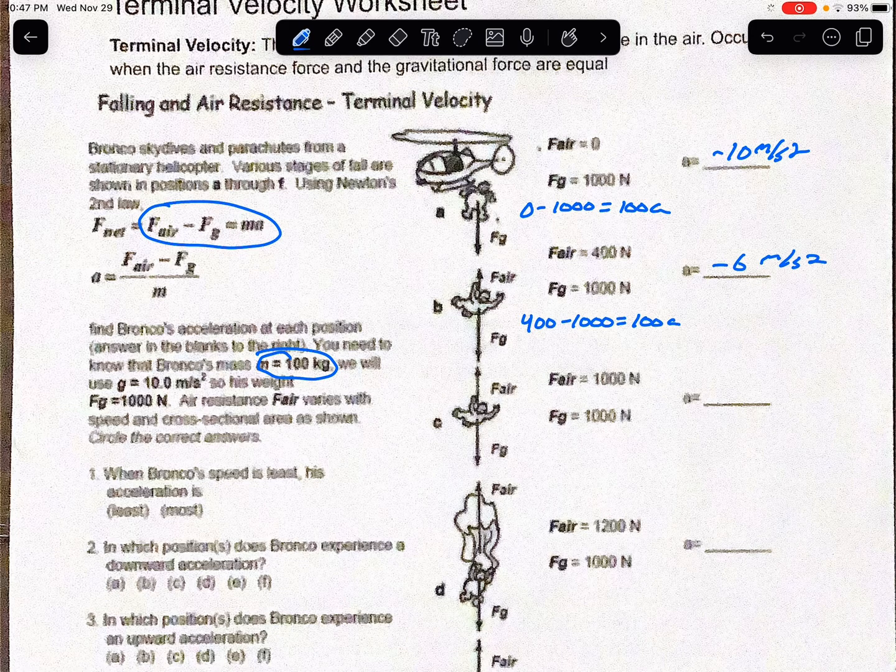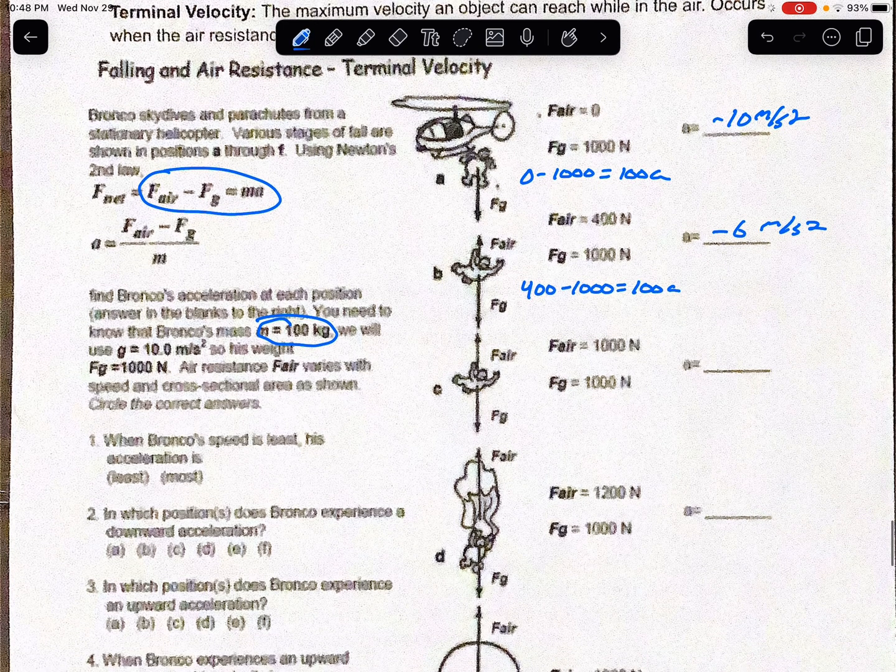So you're starting to notice that air resistance is slowing you down. When you jump out of that helicopter, your acceleration is the highest right when you jump out, because you go from not falling to falling, and you hadn't had time for air resistance to start slowing you down. As you start falling, that air resistance starts pushing back on you, so your acceleration is going to start slowing down. Because it's starting to balance out with Fg,